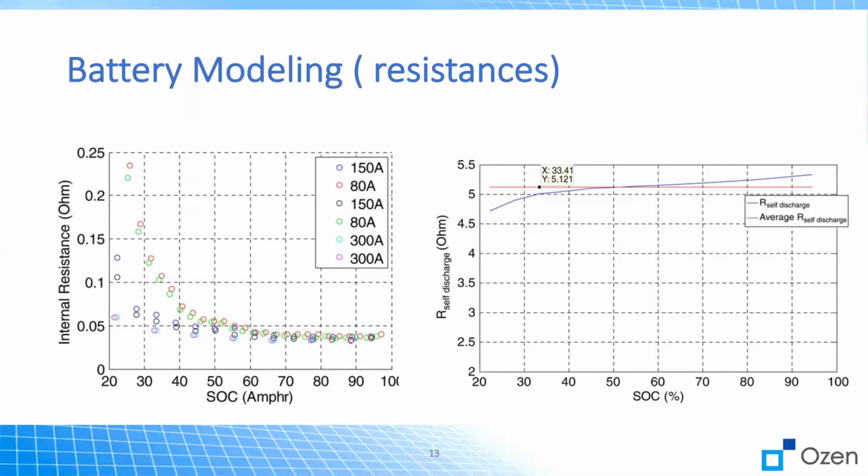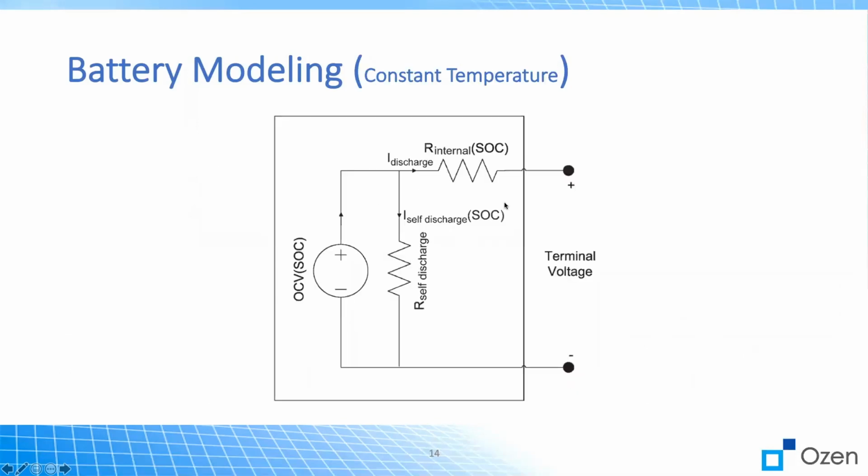Again, it is only based on SOC, and the temperature is not involved here, and the temperature remained constant across the whole test. It's good to note that it takes a long time to capture all these data, and each current, for instance, 300, was measured twice to make sure everything is constant and on the same behavior. So the battery is modeled here. We have the parameters, and we can use that for analyzing the